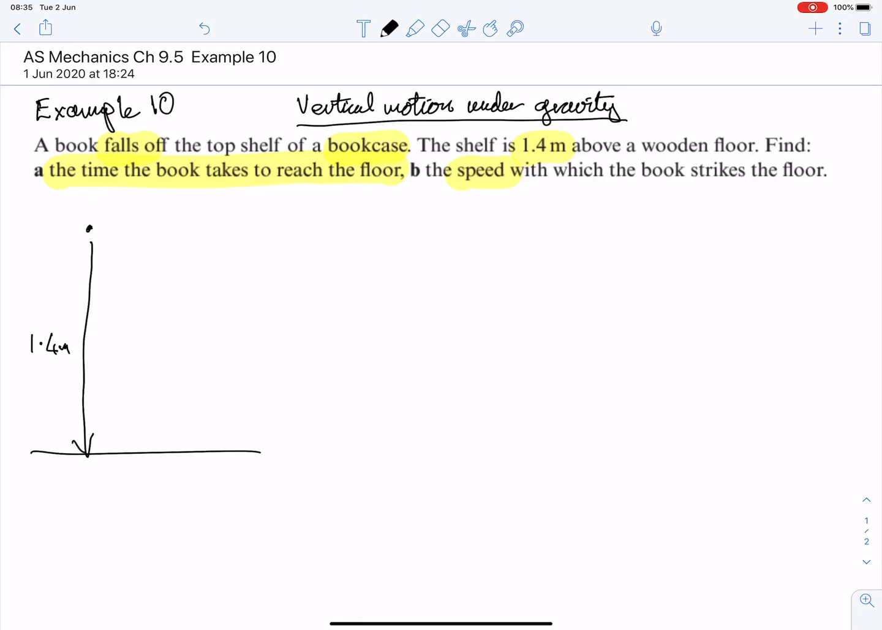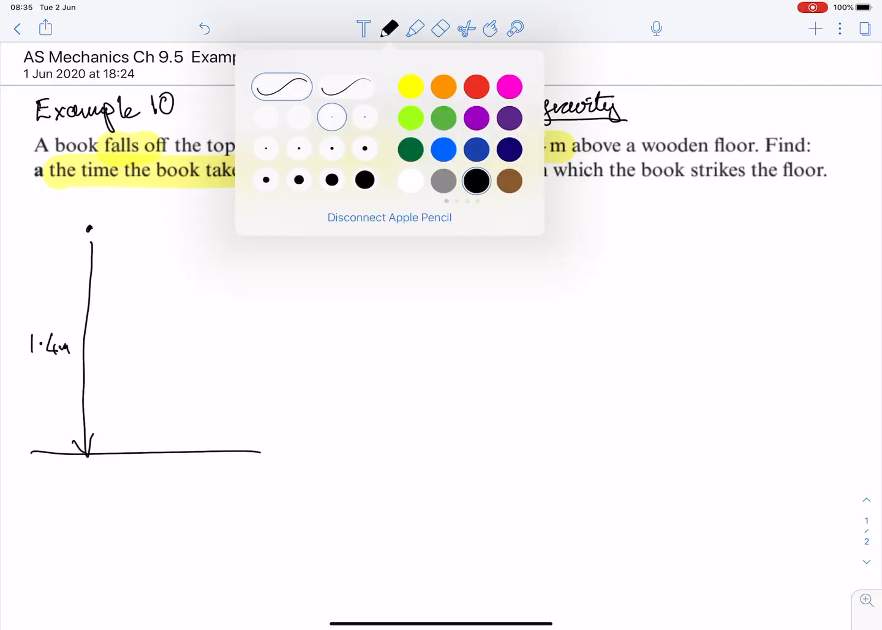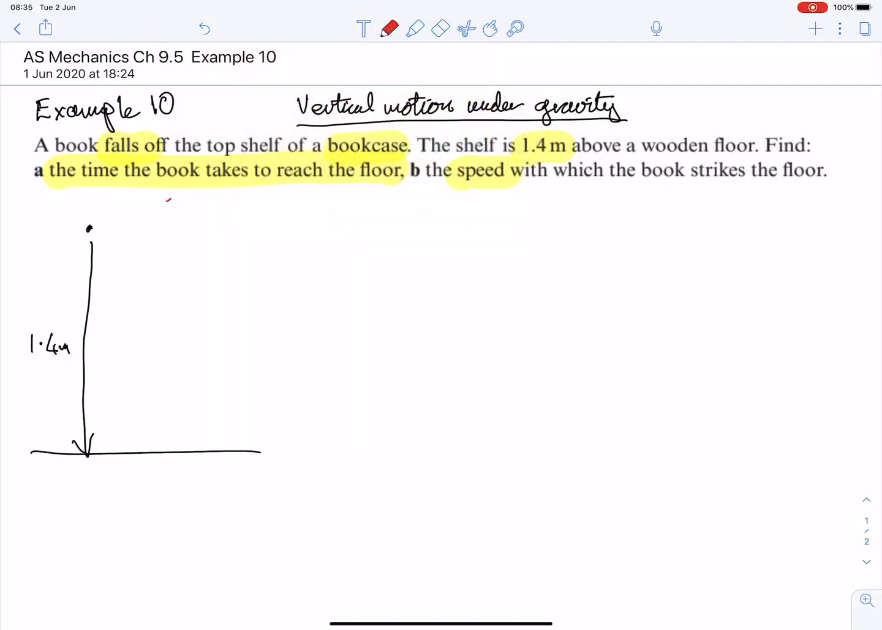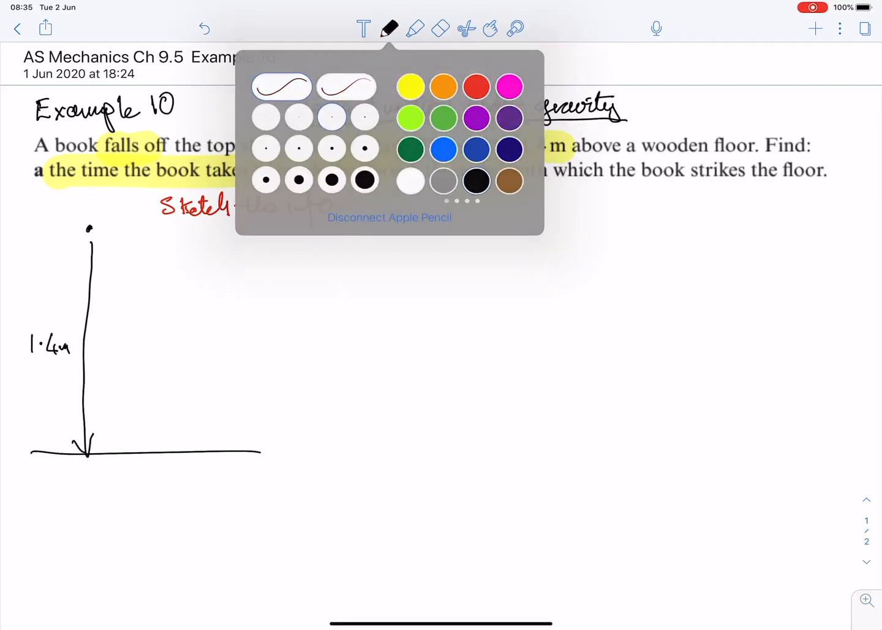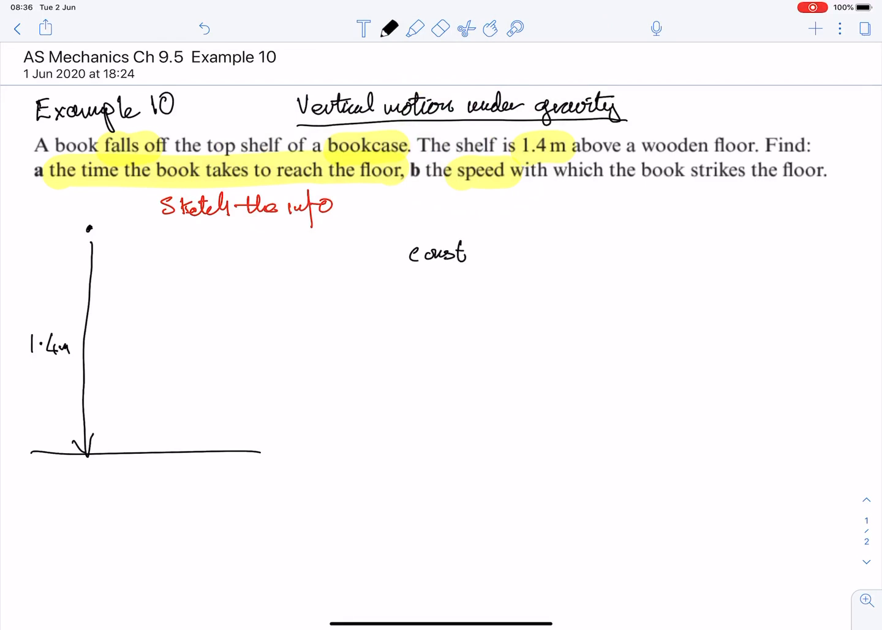Okay, and really what I'm saying to you at the start is draw or sketch the info from the question. So that's what we're told, but we can add a number of other things to that. So what else do we want to know? Well, the first thing we can recognise here is that it's a constant acceleration context,